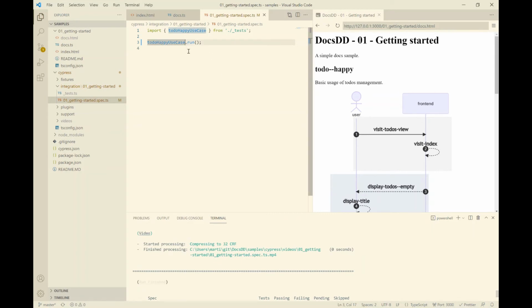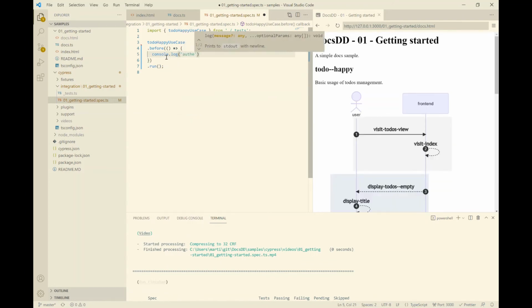And yeah, if we would not define the criteria code in the documentation, we could do it here and override this abstract for happy use case. Or we can just, for example, set up the login before all of this is done, and we would do it in the before method of this use case, so it happens before all the steps are executed, and just say console log